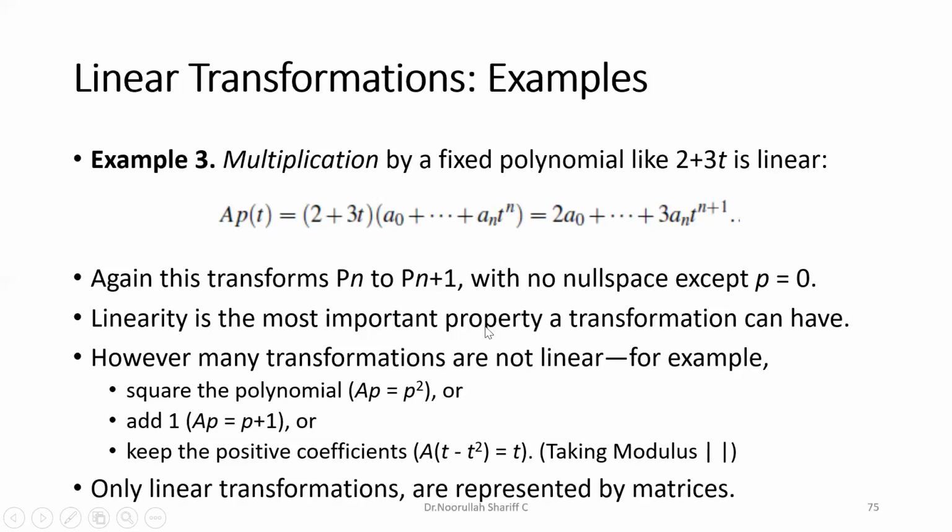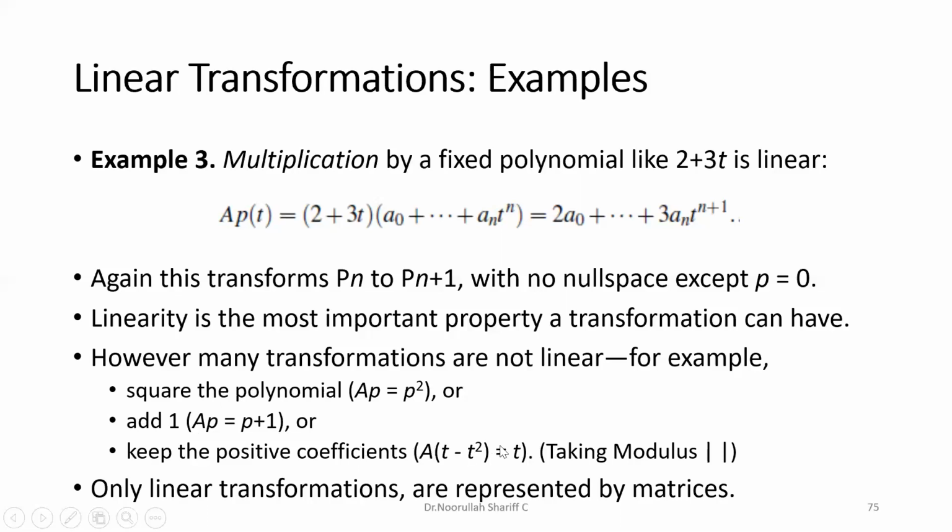Linearity is the most important property a transformation can have. However, many transformations might not be linear. For example, if you square p, and say that it's the transformation A(p), then that will not be a linear transformation. Similarly, adding 1, that means if you add to p the value 1, then that will not give us a linear transformation. Similarly, taking the modulus of a quantity, turning a negative value into positive and keeping the positive as it is,